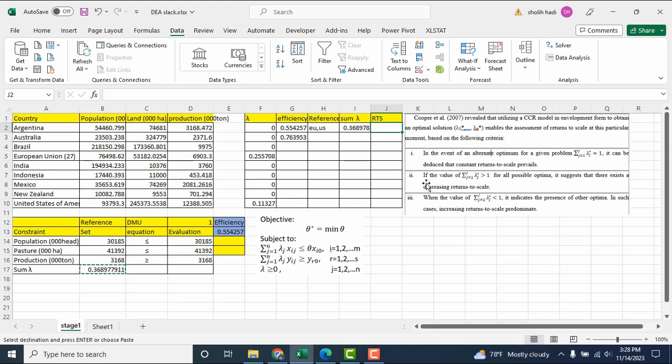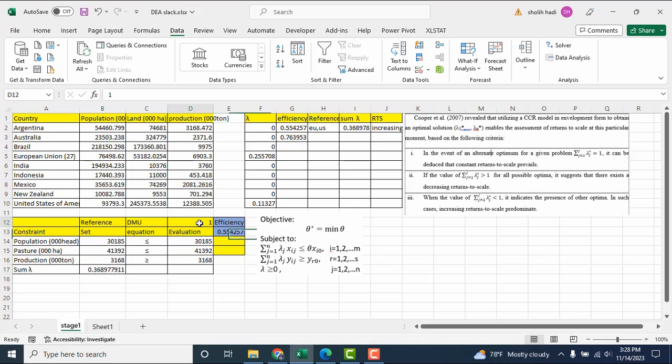But if the sum of lambda is greater than 1, it suggests decreasing return to scale. But if the sum of lambda is less than 1, it indicates the presence of other optima. In such case, increasing return to scale is predominant. So in here we get this should be increasing. Okay.